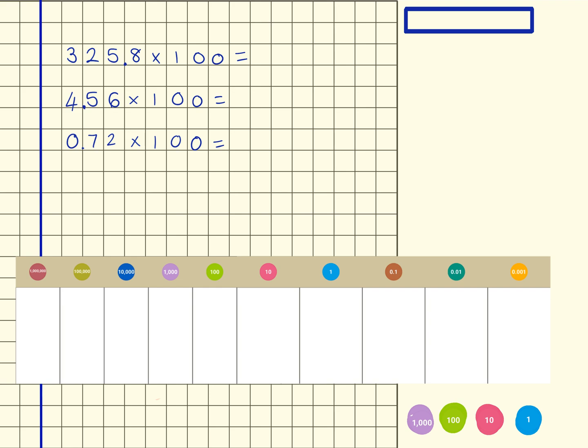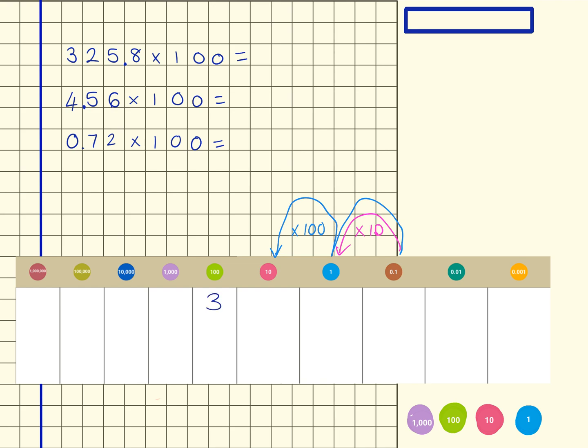Right, so using the same things we've just been doing on the previous part of the video, we're now multiplying by 100. So where before the numbers would move one place value column because they were being multiplied by 10, when they're being multiplied by 100, 10 times 10 is 100, so they actually move 2 place value columns. So just to demonstrate what that looks like, let's use the number that we've got up here,